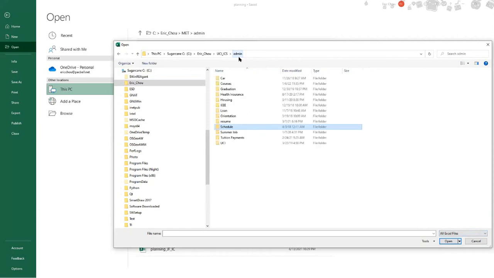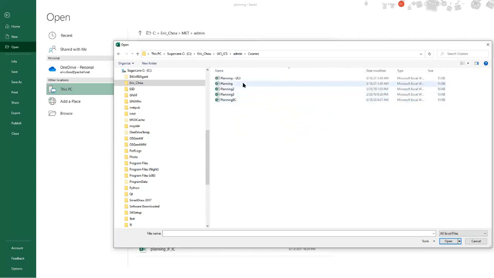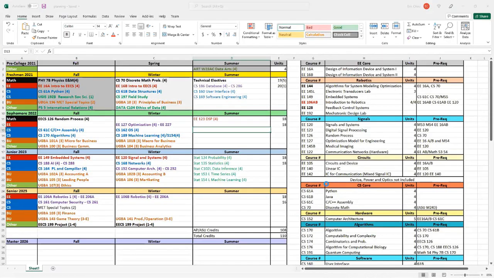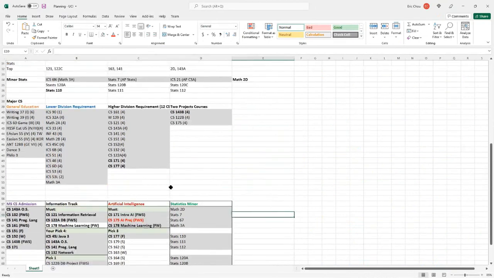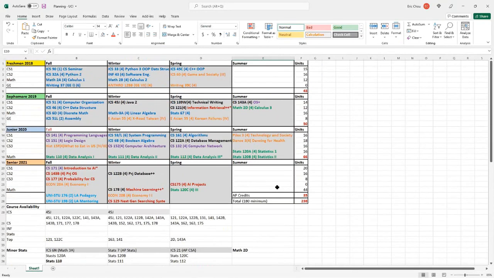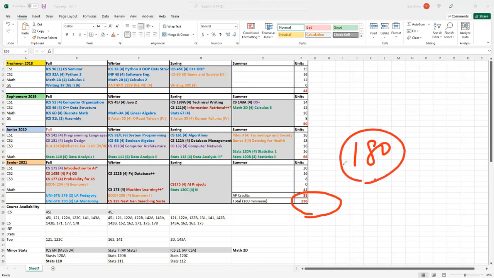Not this one. Okay, UCI courses. Okay, here. He has a different version. Toward his graduation, he took 238 quarter units, but usually only 180 are required.